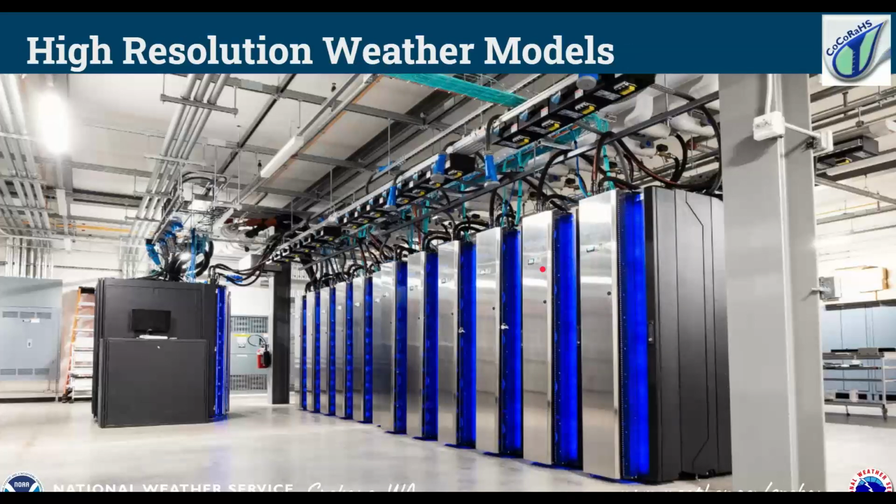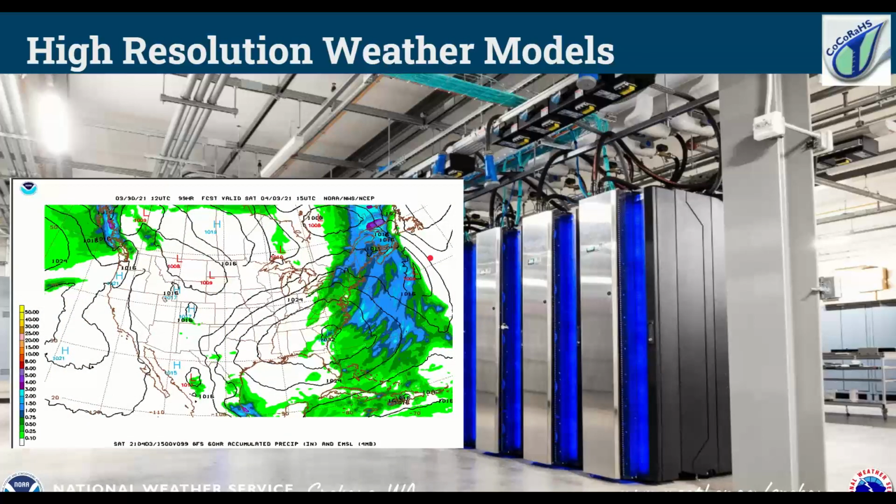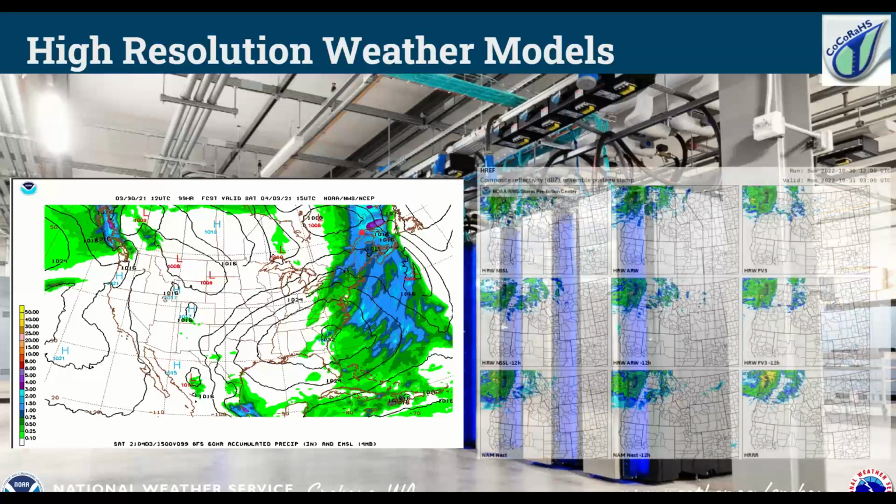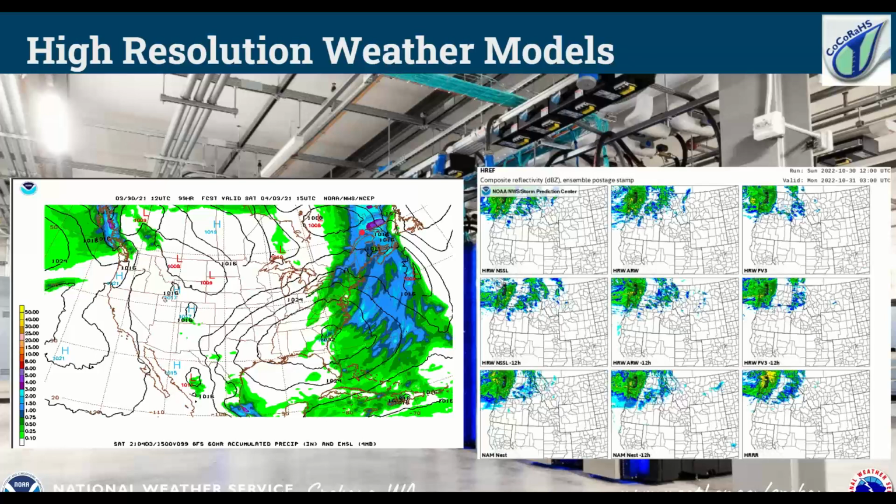Another important tool is our weather models, especially the high resolution ones. We use a lot of computer data to be able to run these computer models that forecast the weather. And we can get some updated, frequently done precipitation amounts, weather forecasts that will give us updates every hour on different types of models and ideas of what is going to be happening with the weather. So we have lots of different solutions, a lot of information to look at to help us refine our forecasts.